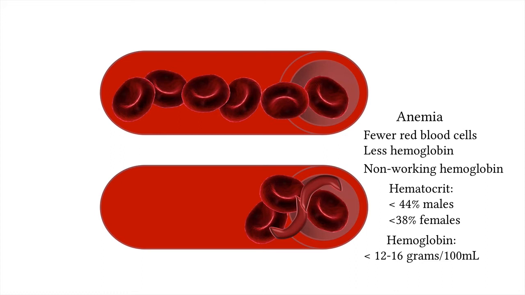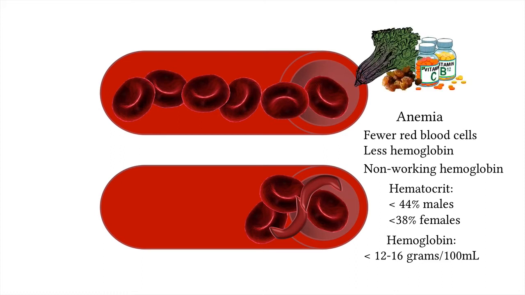anemia too. One of the best ways to prevent anemia is to make sure you get enough iron in your diet, or take supplements if necessary. Yet there are also lots of other vitamins and minerals which are necessary to make erythrocytes. B vitamins, vitamins C and E, and minerals such as copper, cobalt, manganese, and zinc.